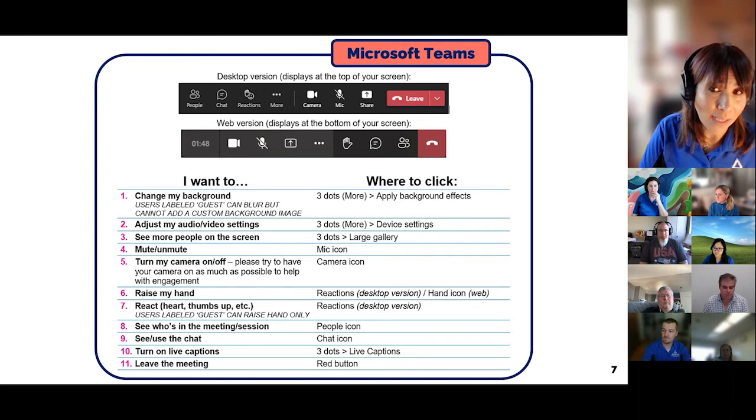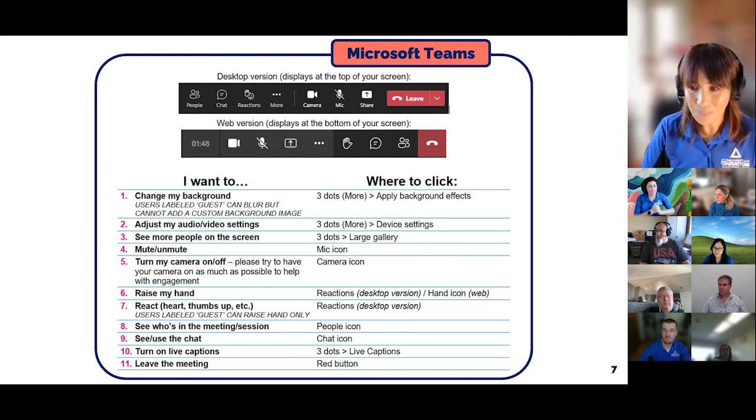You can also use the raise hand. And when we get to just some dedicated question and answer time, we're going to ask you to raise your hand. So there's a raise hand feature, and that puts your hand up, and we'll be able to call on you and help moderate the conversation. There's other features that you can take advantage of, like reactions are fun, and feel free to check out the features and use them as you need to. We do ask that you mute and unmute as necessary. We love cameras on for engagement. If you're in a place where you can have the camera on, it really helps us, again, build that community and work with you and get to know you.